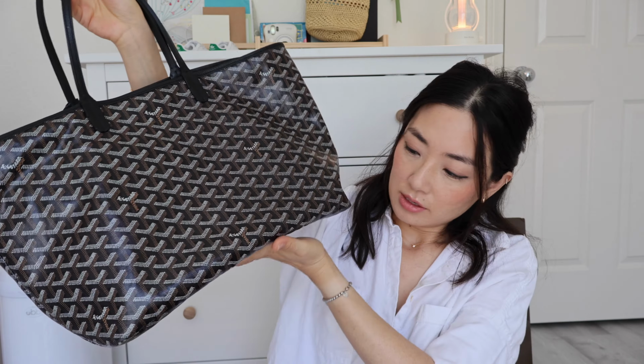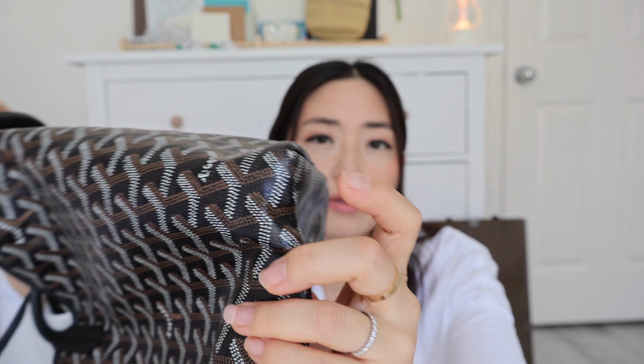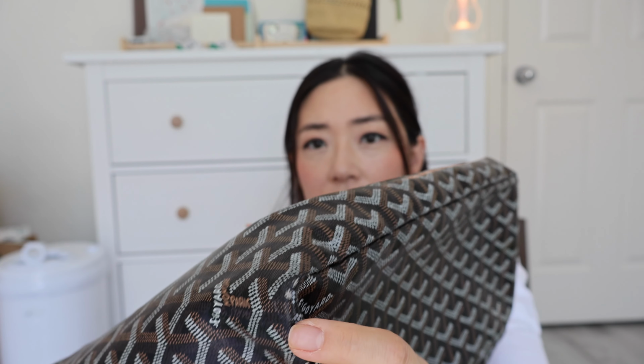The next con that I would like to talk about is the overall quality of this bag is kind of not the best, I would say. Honestly, maybe it's because I don't take care of my purses very well and they just kind of get thrown around. But there is a lot of corner wear. I don't know if this is showing up on the camera. There's a lot of corner wear. That's one corner wear. Here's another one. These corners are really beat up. The paint is chipping here. That kind of is bothersome